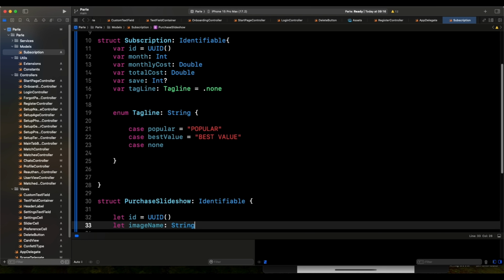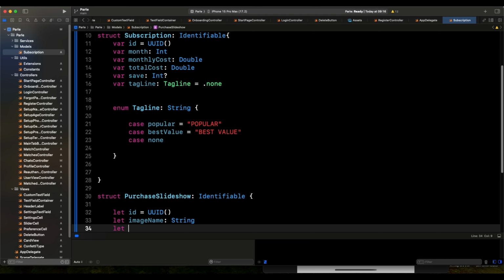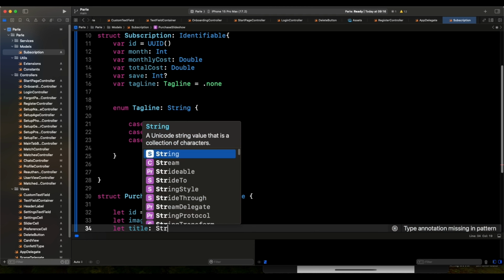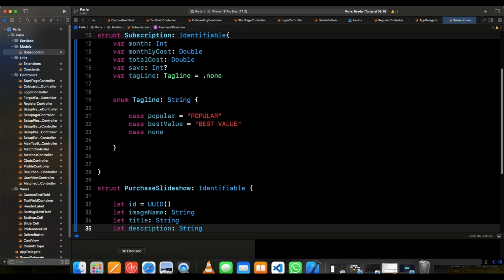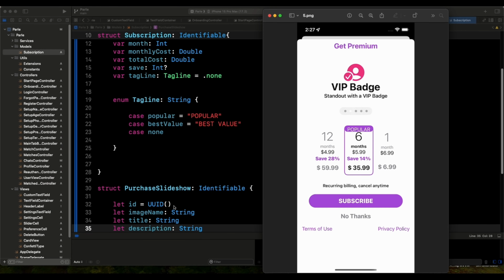So we come here and we say string, like so. Then we say let title. And what's the title? The title is going to be of type string, like so. Then we say let description. What's the description? It's going to be of type string, right? So now we have all the information that we need, and if you need to see it, this is going